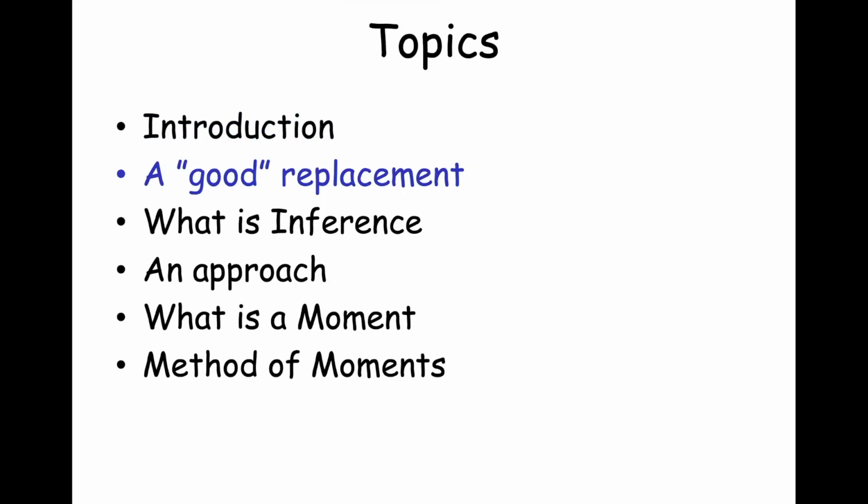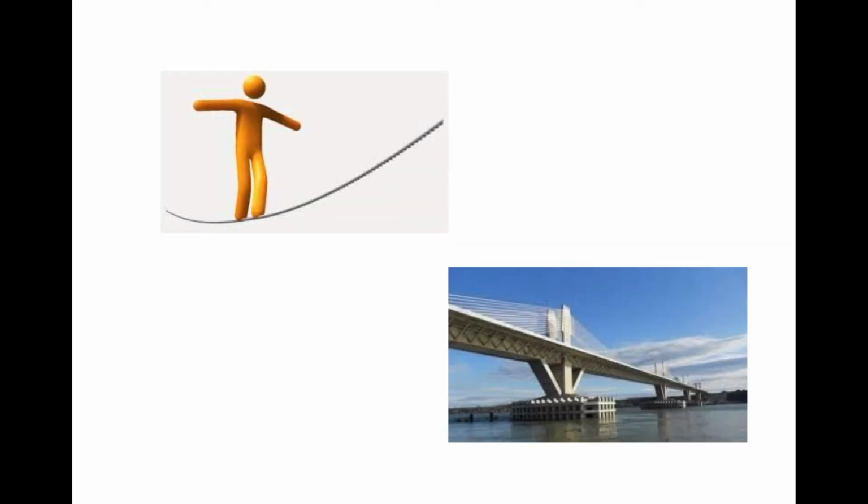All right, so let's look into the beginnings of inference. If I use this word stability, what does that conjure up for you? Stability, something is stable. Well, pictures like this. This bridge is stable, it's solid, it's in place, it does not move. This tightrope walker, it's a different type of stability. Yeah, it moves, but it doesn't move too much, and it allows you to stay upright.